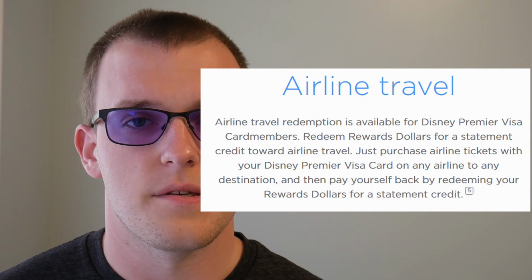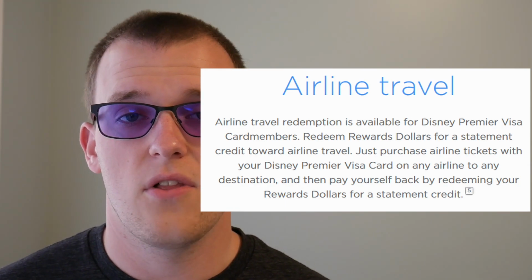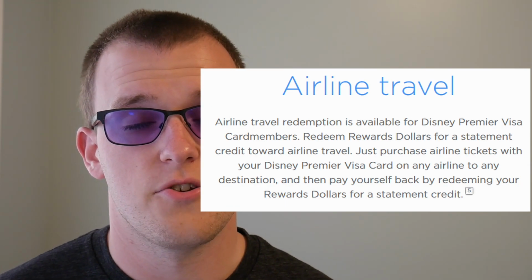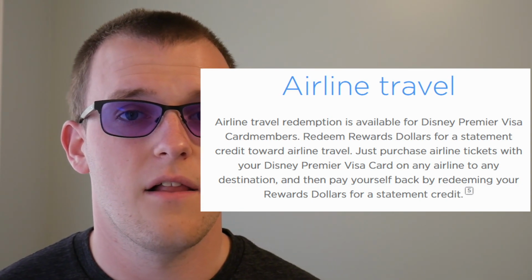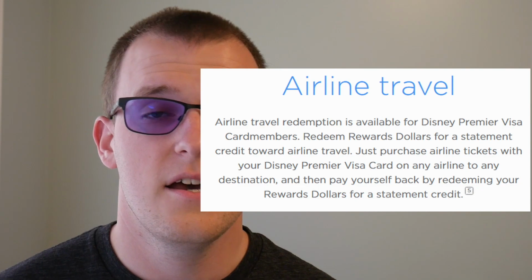The only advantage that this offers that's, I believe, significant over the no annual fee version is that this version you can actually use for airline purchases. So it doesn't even have to be to Disney. So if you're earning these rewards and you take a flight from, I don't know, New York to Detroit or Chicago to LA and you have enough Disney dollars, well, instead of using them at Disney, you can use them